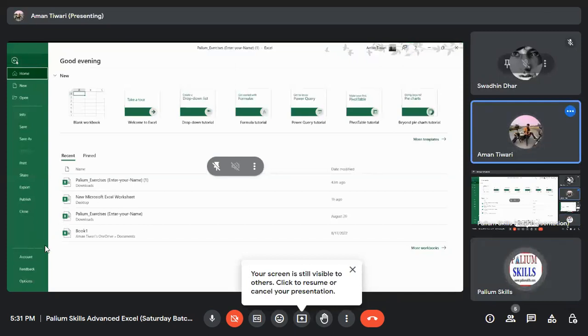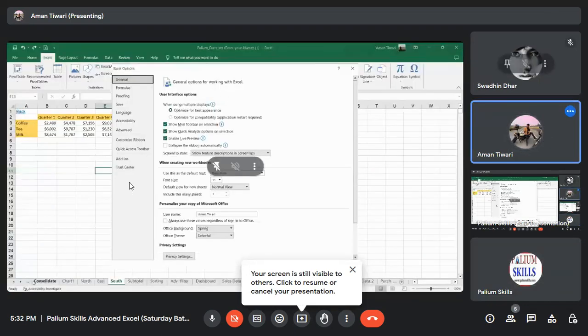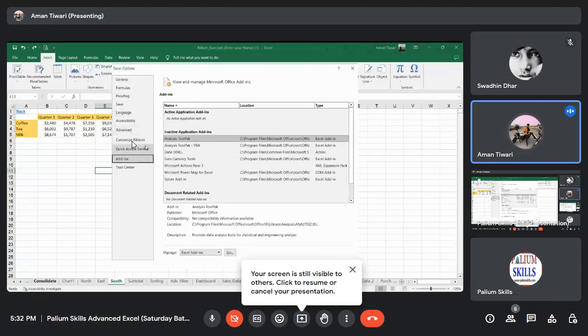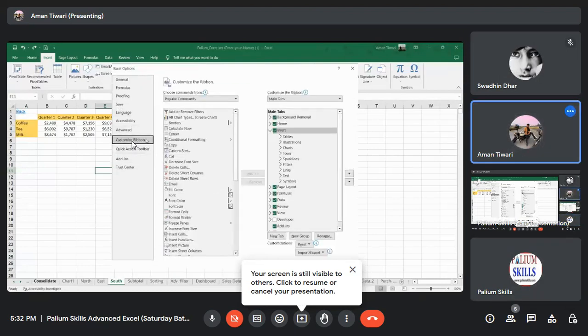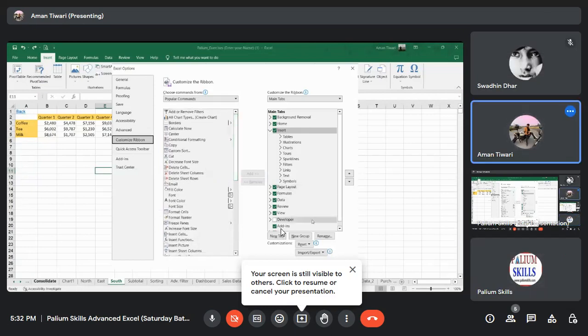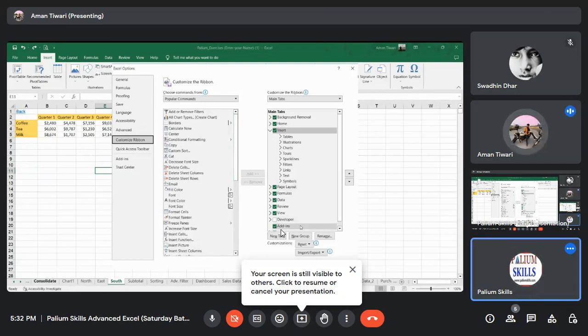go to options, go to customize ribbon, यहाँ पे देखो एड-इन्स पे टिक्ड है, ये राइट हैंड साइड वाला। इसका मतलब देखो, तो उसको ड्रैग करके इंसर्ट के अंदर नीचे ला सकते हो।